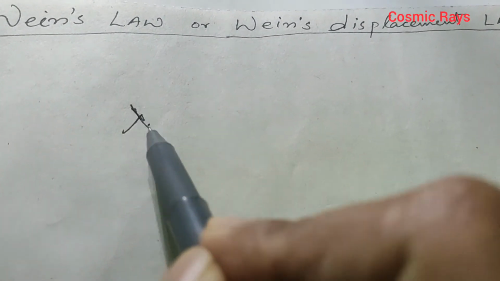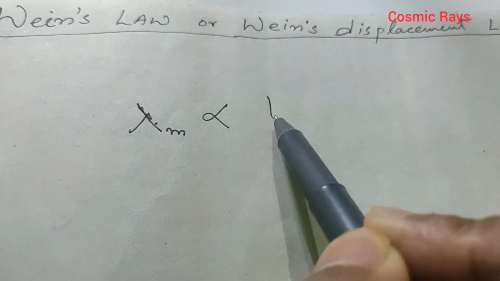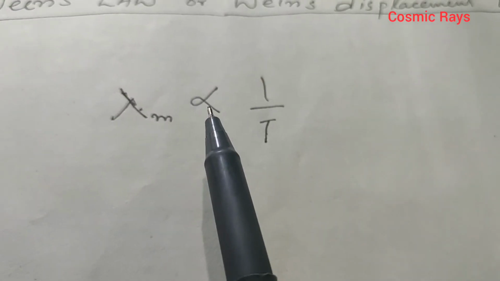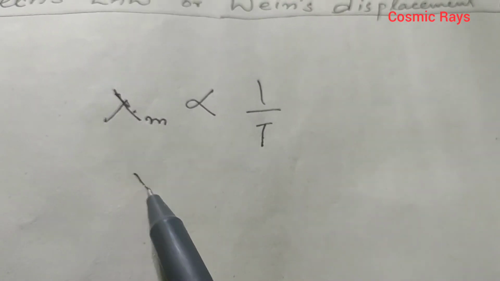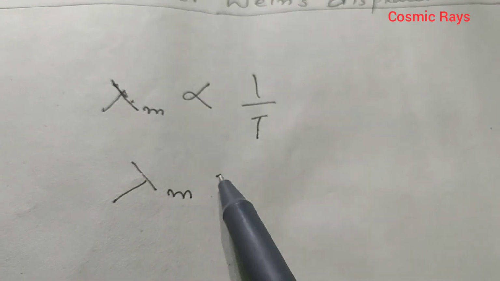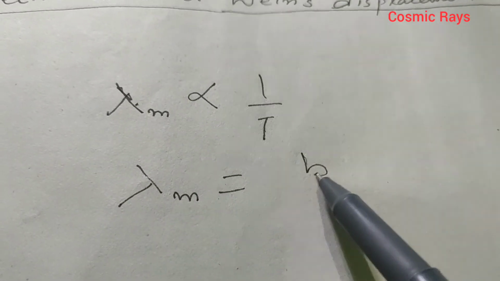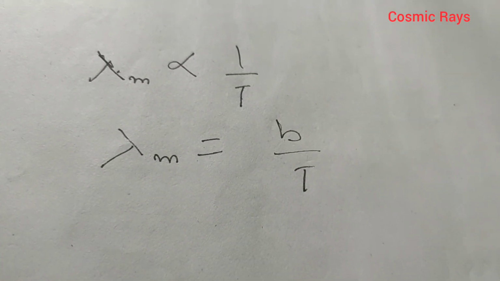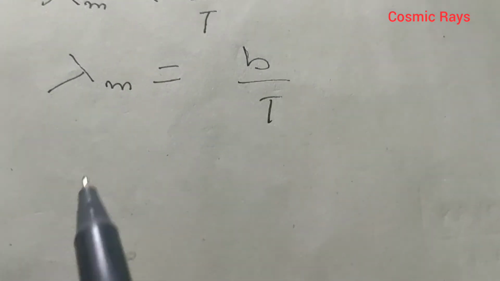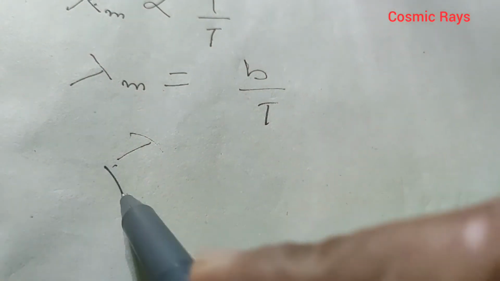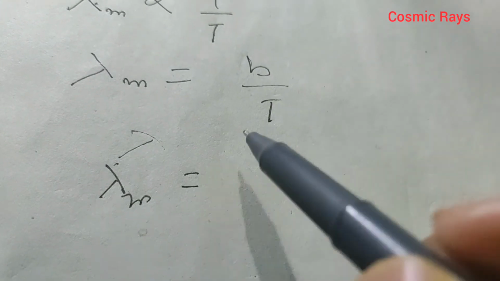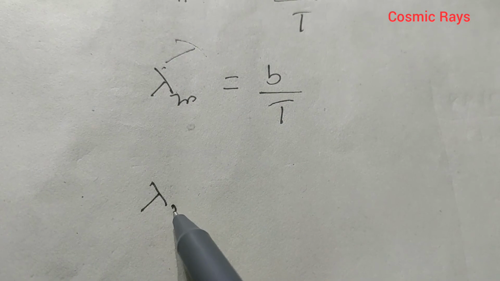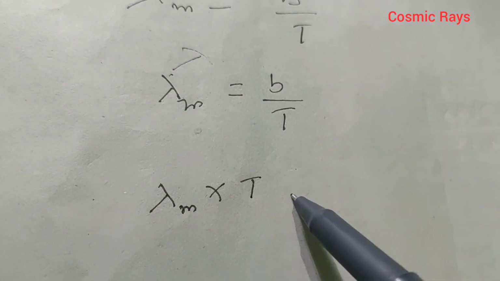lambda m is inversely proportional to the absolute temperature. If we have to remove the constant of proportionality and bring in the equal to sign, then it would be lambda m is equal to B upon T, where this B is known as the Wien's constant, or we can write it as lambda m is equal to B upon T, or lambda m multiplied by T is equal to